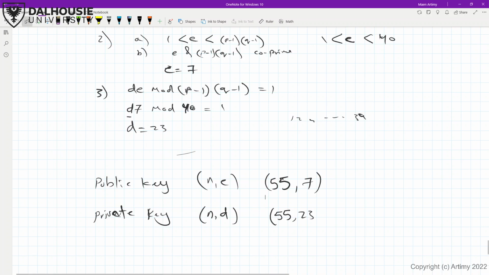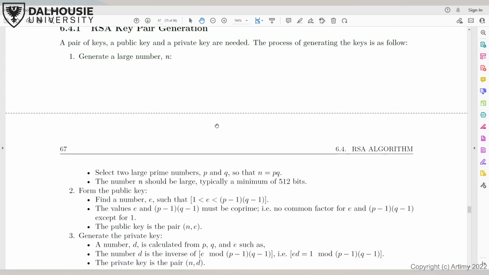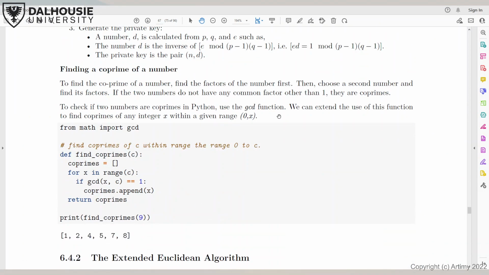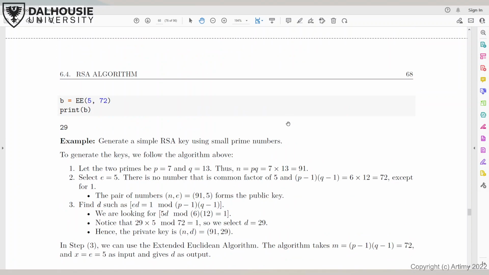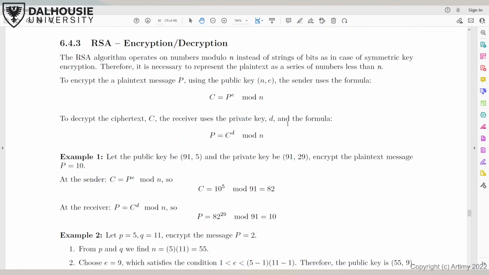Okay, so that's the operation that I need to come up with the public key and private key. Right. So let's do encryption. The encryption algorithm, as I said, is very simple. C, the ciphertext, equals P to the power of the encryption key mod n. So when somebody gives me the public key, I can encrypt any message by taking the